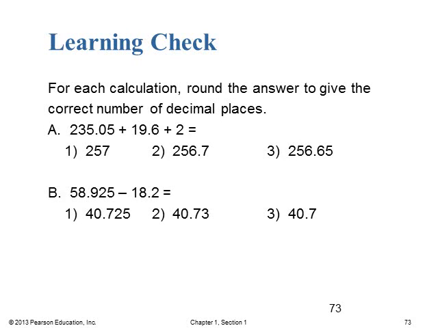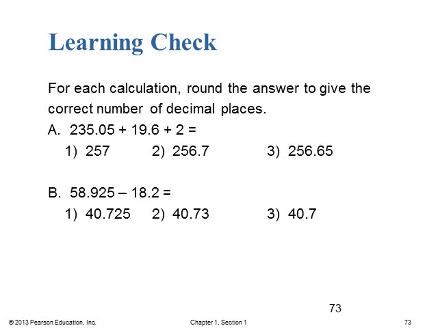And so we can just do a couple other examples right here. All right, and so we have 235.05 plus 19.6 plus 2. And so here, if we plug that into our calculator, we get 256.65. But if we draw the line after the 2 in the measured value of 2, then we would see that we're not allowed to report any decimals. So our final answer would be just 257.